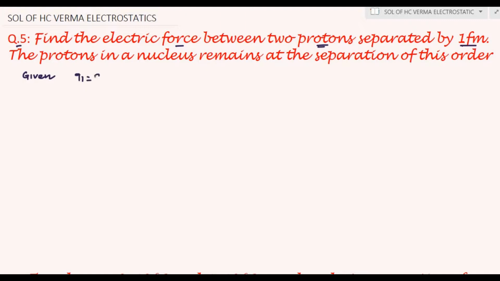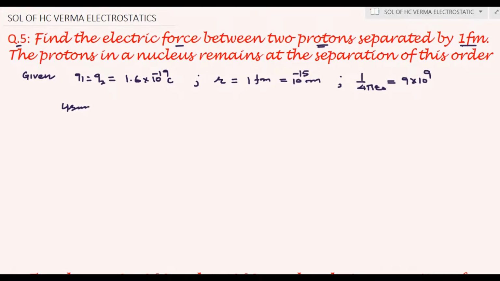Protons Q1 and Q2, two charges are given. Protons having the same charge, 10 raised to minus 19 coulomb. And the separation R is also given, that is 1 Fermi. 1 Fermi means 10 raised to power minus 15 meter. And the value of 1 upon 4 pi epsilon naught, we already know, that is 9 into 10 raised to power 9. Now using